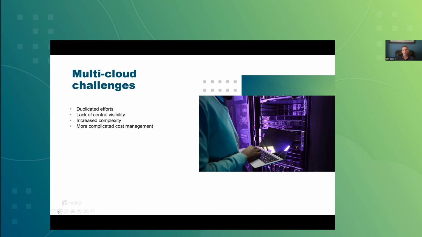A lack of central visibility is another risk that you have: being able to see, in a standardized format, information in both environments, so that you can effectively manage it. This is going to increase complexity to some degree, and it'll increase cost management.